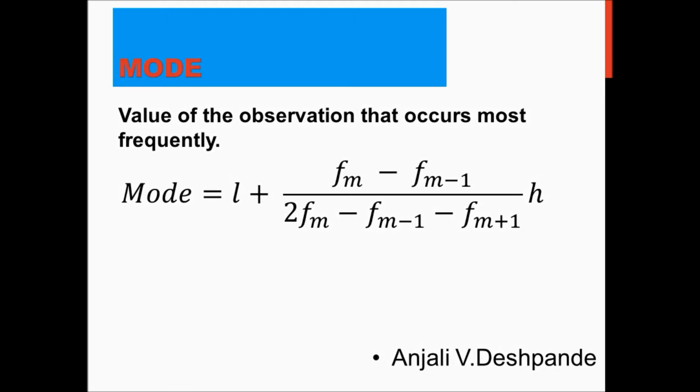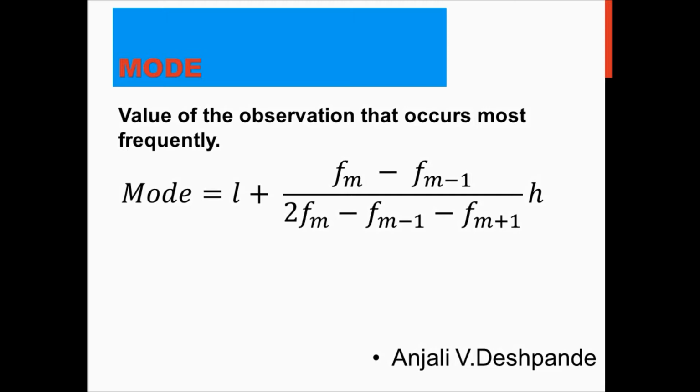Such limitations which I have told you about for the mean and median are removed by the use of the mode, which is the third measure of central tendency. However, you should remember that the mode may not be a very good measure of central tendency when the most frequently occurring values of the observation do not appear close to the center of the data. So we will see examples of how to calculate the mode.